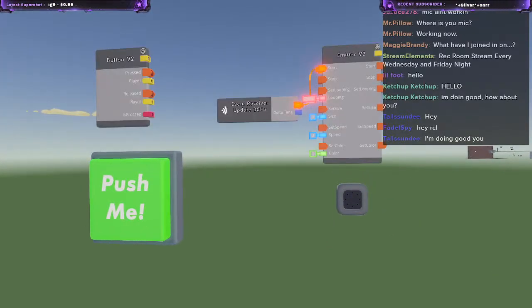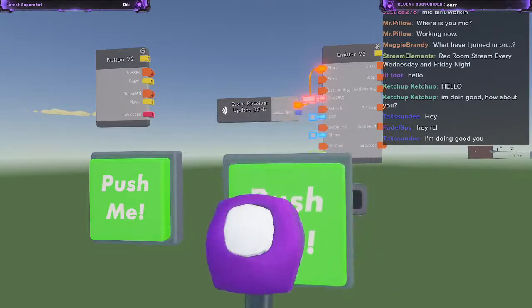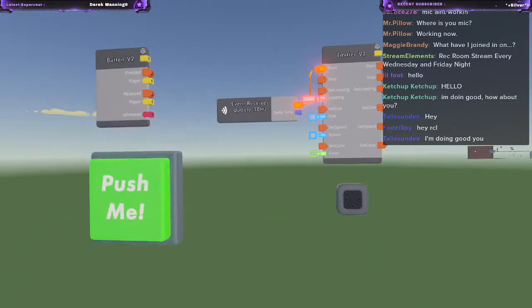Alright, so what I'm going to try and do is set the speed over here. I'm just going to start messing with it by pressing the button. Let's do, I'm guessing, an add maybe, or we can even do a variable change. Let's just do an add. And let's see, I might be able to make it to where